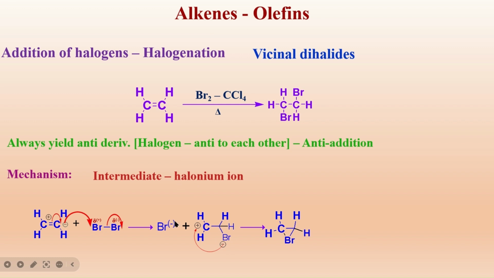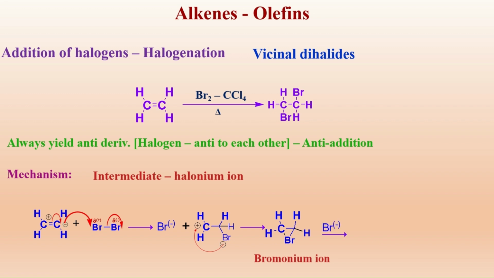Bromine is electronegative, right? That's why it pulls the electrons from this carbon and also from this carbon, so this has a positive center and this also has a positive center. The bromonium ion is polar, it has a positive center and a negative center, and it is an intermediate. Intermediates are always unstable and it has to gain its stability. Hence,